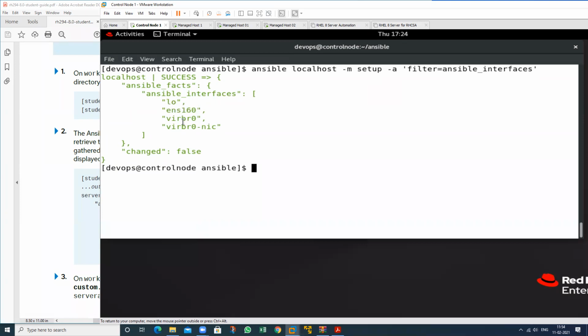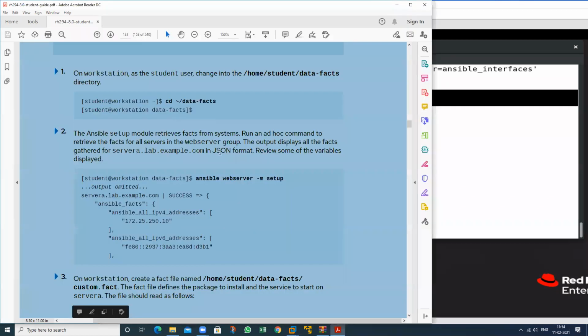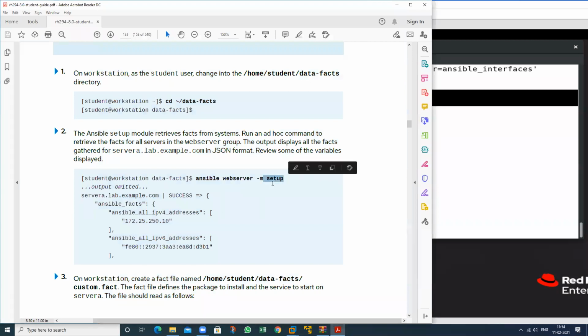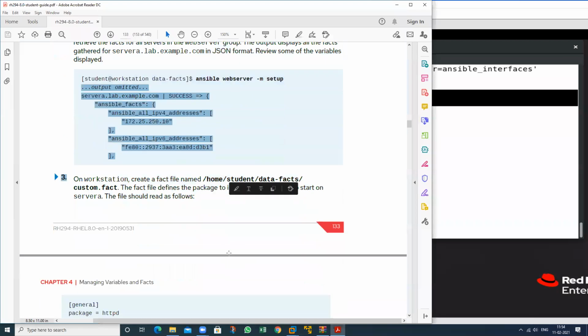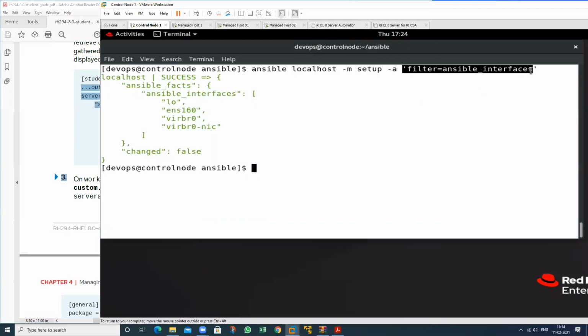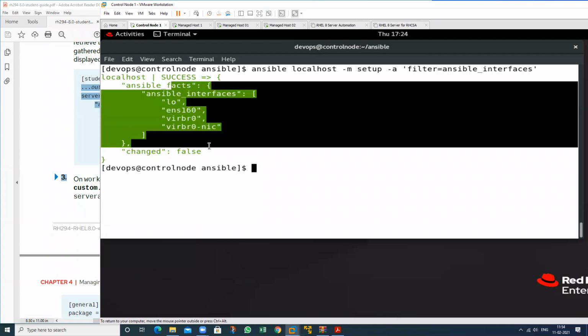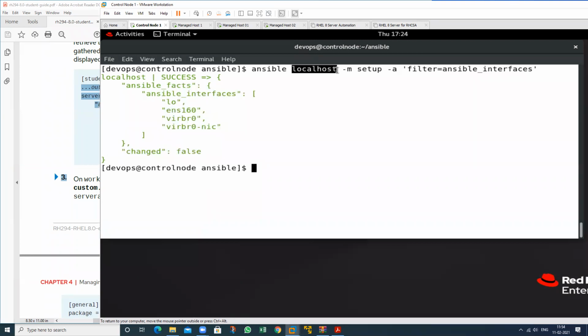And I want to check how many LAN cards we have. So we have LAN card, loopback, virtual bridge, virtual tunnel. This is a tunnel, this is virtual, this is loopback, this is my real LAN card. So we can check whole the information. See this one. This is the module, and here this placing this particular. And in this, there is no concept regarding this one. If I want to filter this, then we can filter also. So we can capture this particular value from the manage host. So this is the information in my local machine.